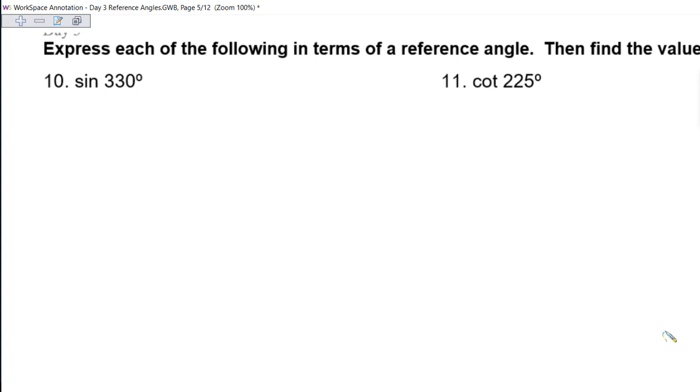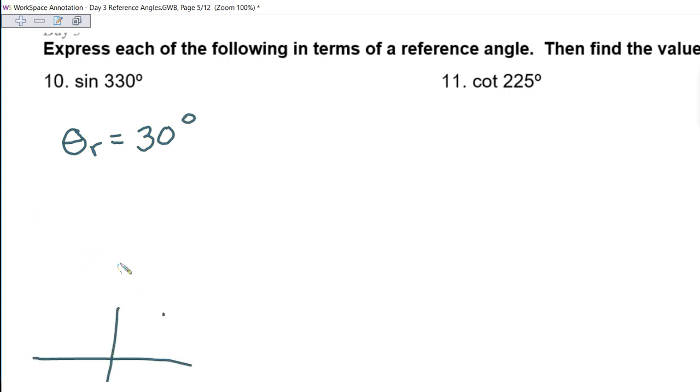So for number 10, we have 330 degrees. So if I use theta with a subscript of r, that's talking about the reference angle. So what would the reference angle be for 330 degrees? How far away from the x-axis would it be? How many degrees? 30, because 360 minus 330 would be 30 degrees. So when we're dealing with this particular angle, we need to be referencing our answers for the 30 degrees. But